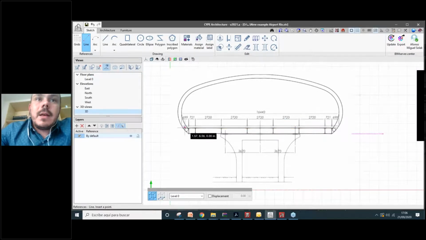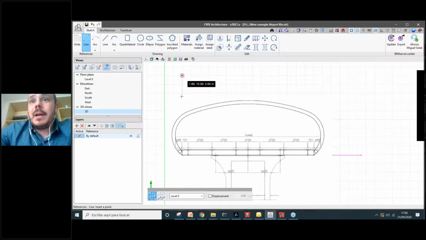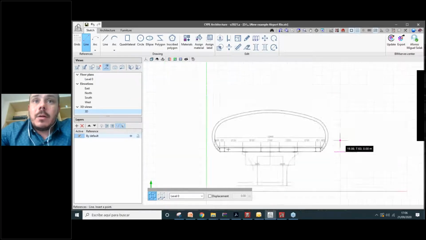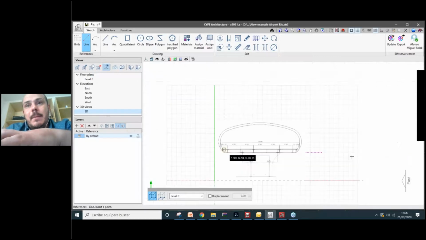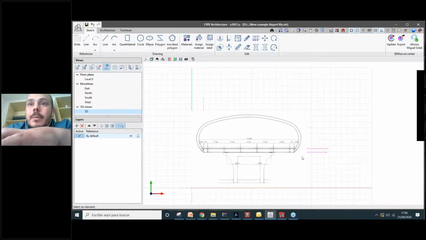Just some lines. These lines are actually behind the template. It's why I'm doing the lines a little bit bigger than the template. So then we can deactivate the template once we finish these lines. They are just reference lines. For example, here